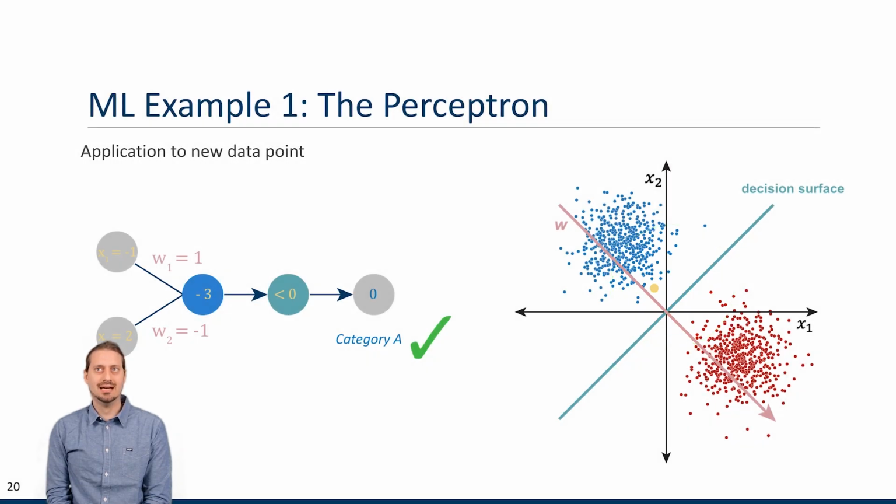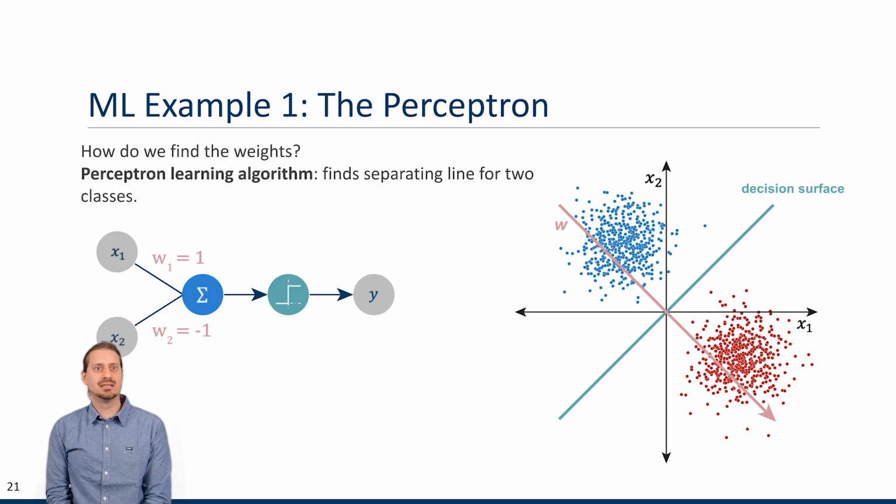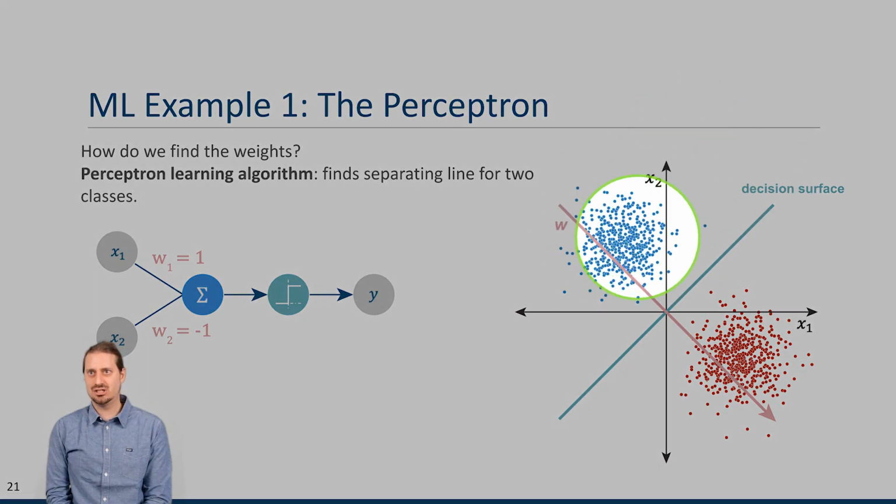So what we see is that if we have these weights, we can apply them to new points and automatically make these decisions without knowing the category labels. What we haven't talked about so far is how we actually find these weights. This is really the crux of the machine learning part: given the data with annotations, meaning all these points here and here where we know our category labels, we determine the values of the weight vectors that then give us the position or the direction of our decision